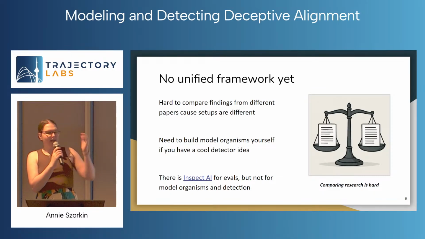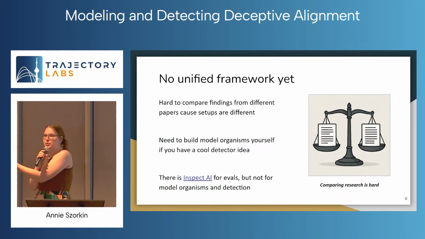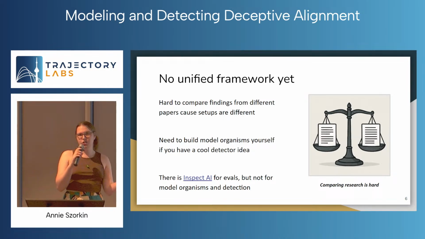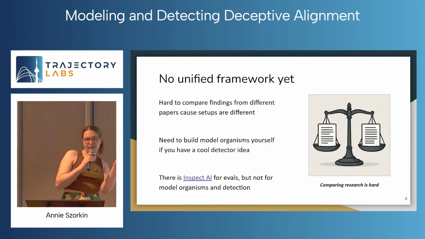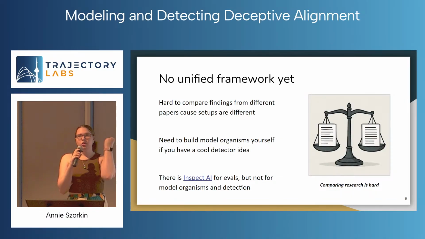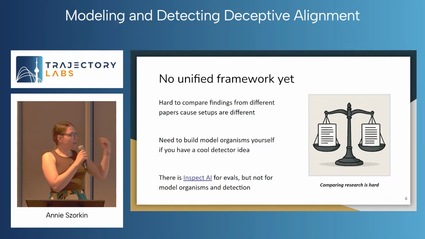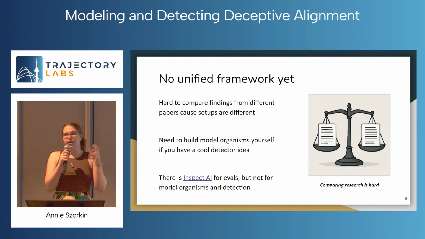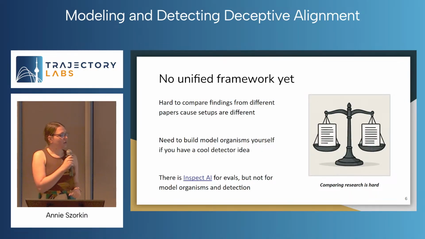If you have two papers, one with 65% accuracy and another with 70% accuracy at detecting deceptive alignment, is this 70% actually better than the 65%? I don't know, because the environment, the setup, the way they implemented all of these things is really important, and this 5% difference may easily be noise. So comparing research is hard,